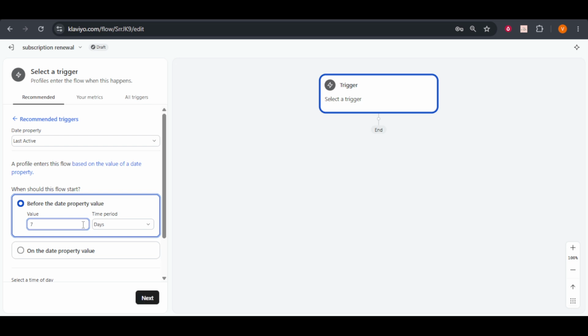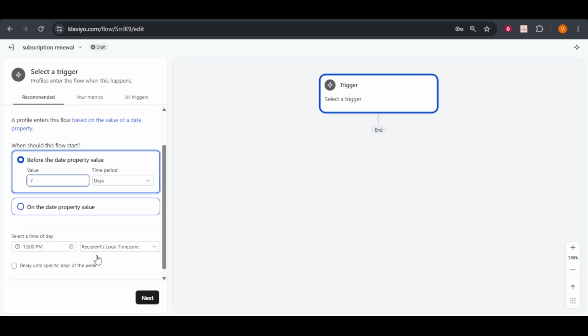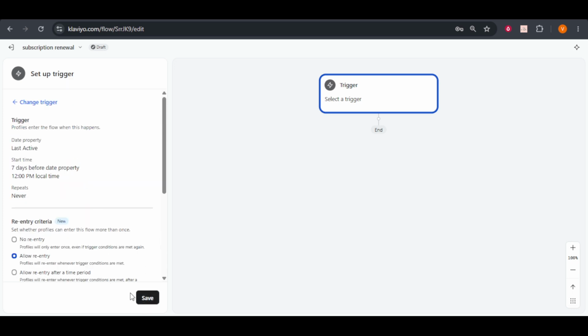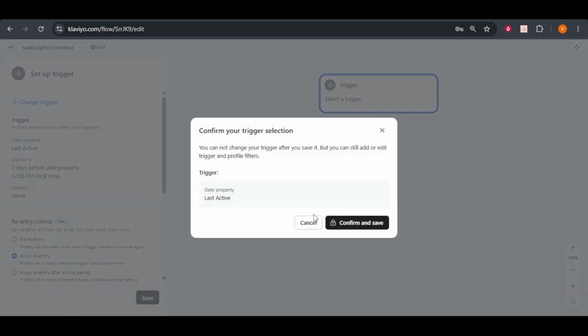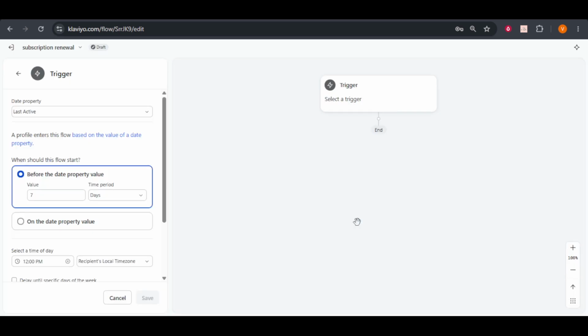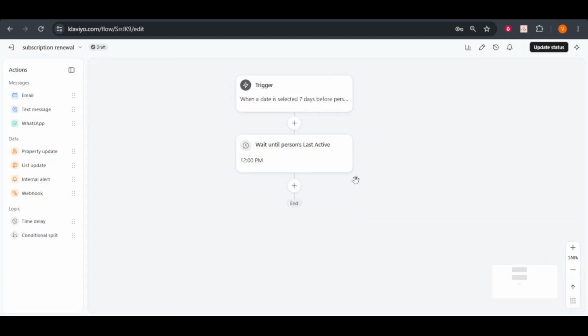From here, you can continue to customize the flow by adding email templates, adjusting timing, and setting any additional conditions to refine how and when your messages are sent. This flexibility allows you to create highly personalized and timely interactions with your audience. Remember, the key to maximizing the effectiveness of your flows is to regularly review and adjust them based on performance data. This way, you can ensure that your automated communications continue to meet the evolving needs of your business and